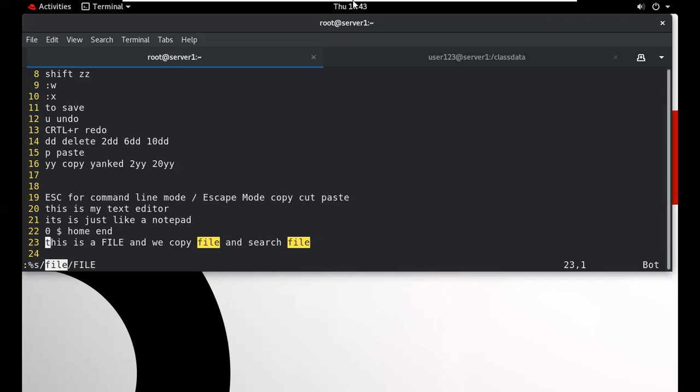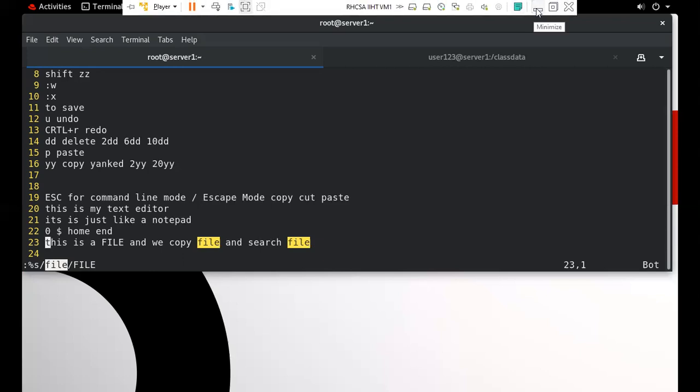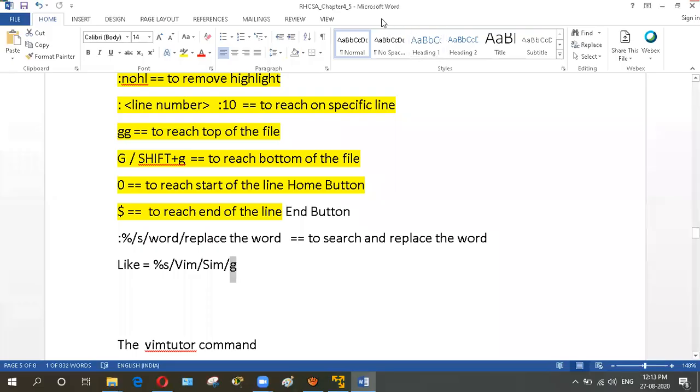Hello, am I audible? Am I audible for all of you or not? Your voice is not coming, so I ask you, am I audible or not? You can also type the text in a group.